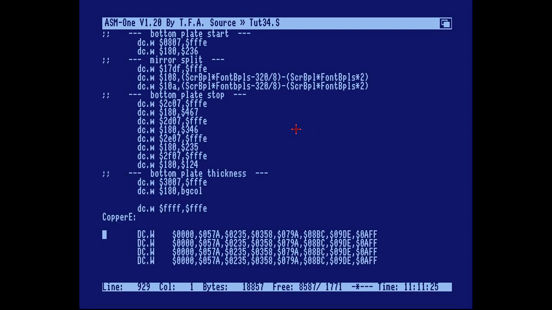So let's see. Well, 236 is lower than all of these colors, so basically I should be able to just subtract 2 from the blue component and subtract 1 from the red and green,